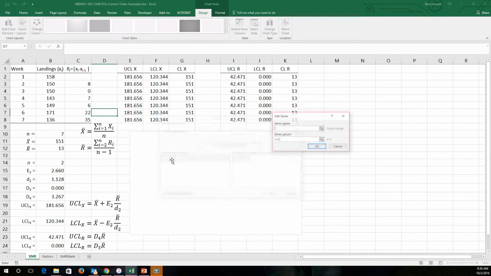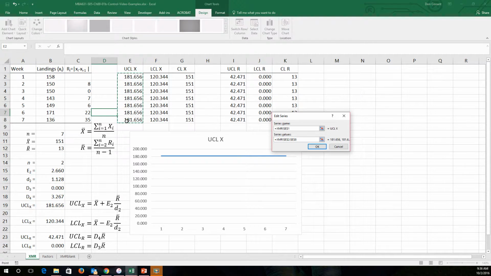I'm going to add some data. I'm going to start by adding the upper control limit. I'm going to use the heading for this, the upper control limit for X, as the series name. And you can use the tab key to tab to the next cell, or you can go down and just select the next cell, but you need to get that one out of there. So I'll just type in equals. Excel has to put a 1 in there in order not to create an error. But we'll take that out, and now put my range of values for the upper control limit of X, and you can see it just draws a line across all 7 weeks or